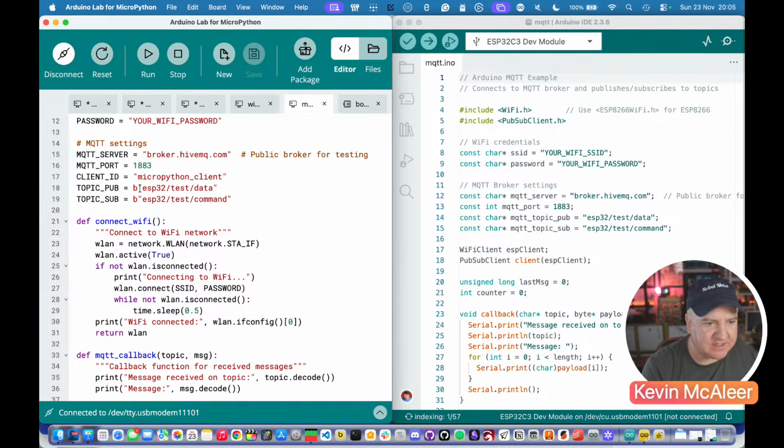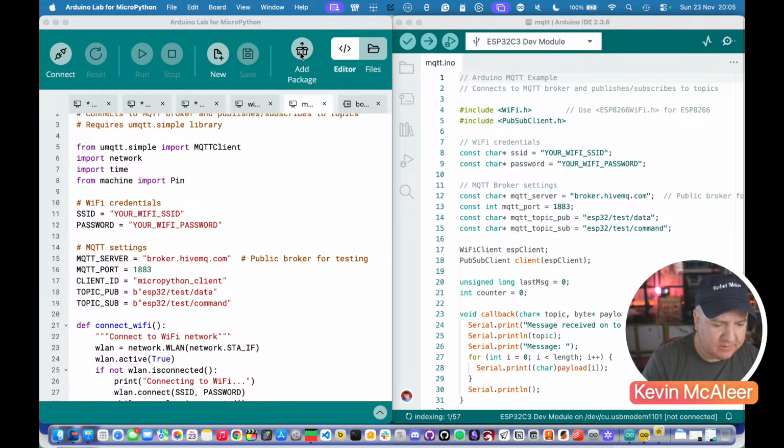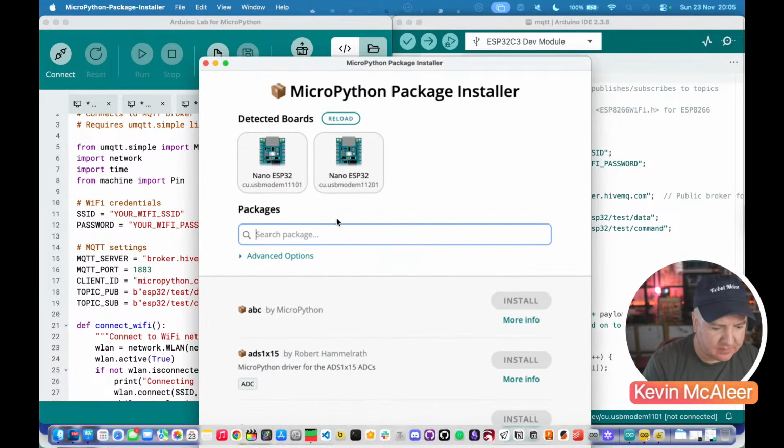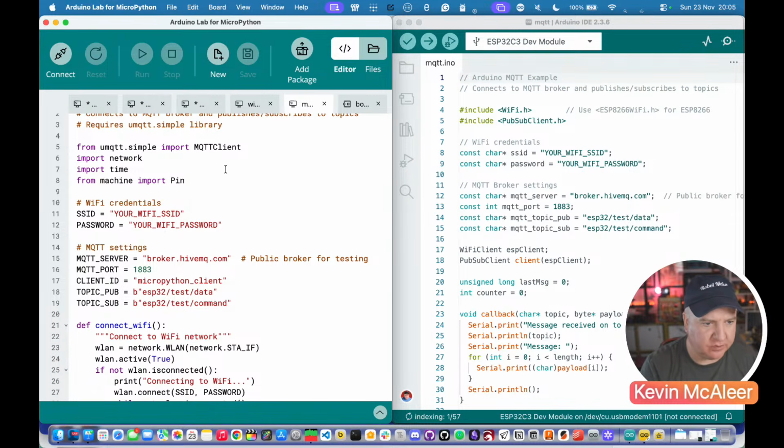So there are some interesting things I want to show you on this left-hand side here. We're bringing in this MicroPython simple library. You do have to install that as an additional package. If we go to that add package option and type in MQTT, umqtt.simple is a very common library that's used for that. There's a more robust version as well, but the simple one is probably the most common one used by people. So definitely check that out and upload that to your board if you want to try this example